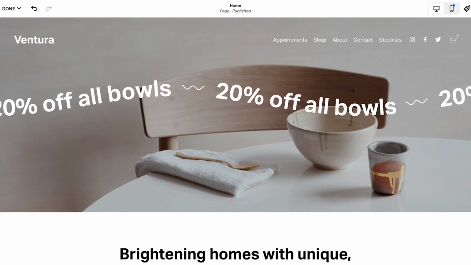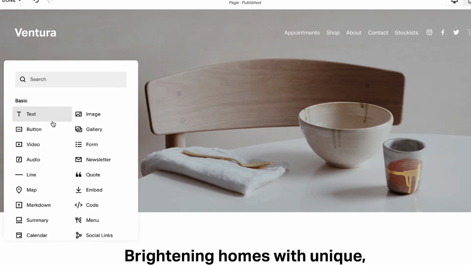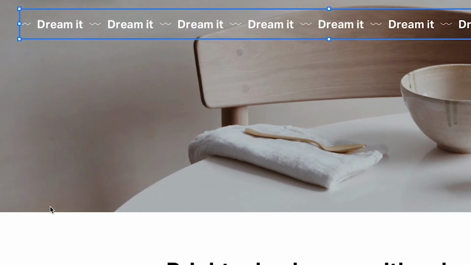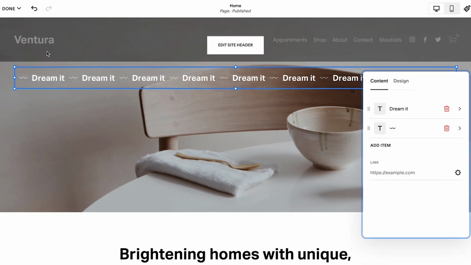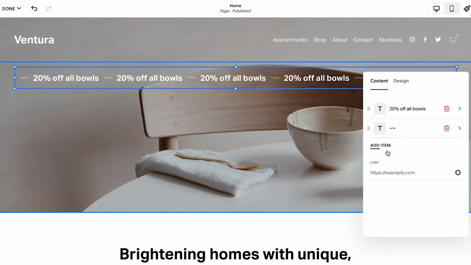Lastly, consider adding a scrolling block to your site, similar to a theater marquee or news ticker. A scrolling block adds text that scrolls horizontally across your page. Edit a page or post and click Scrolling from the menu. In the Content tab, add or edit text, and you can even turn the block into a clickable link by adding a website address in the link field.